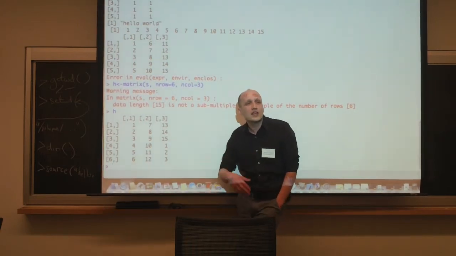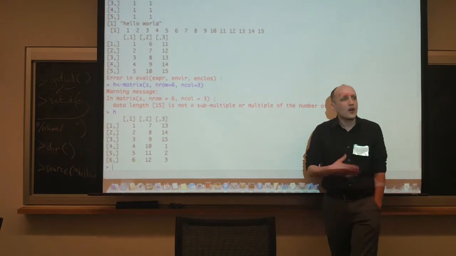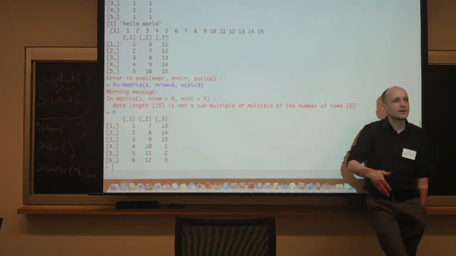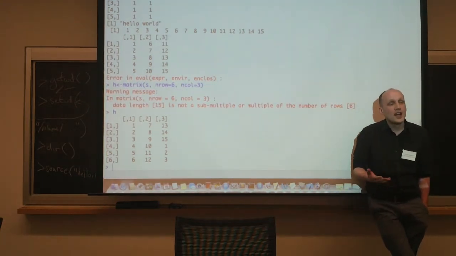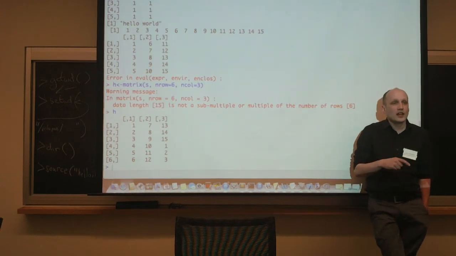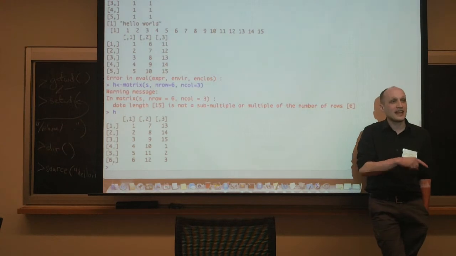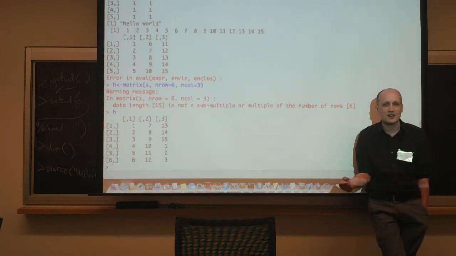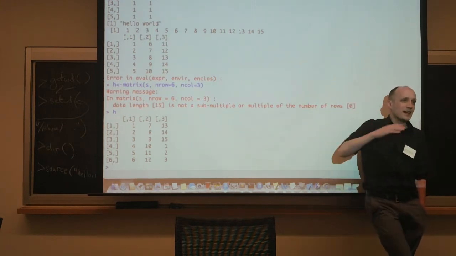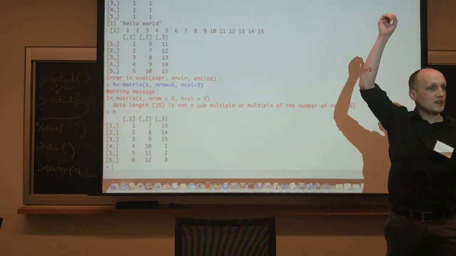Okay, so note that when you make errors, often R will come up with some sort of "this is probably what you meant" and not crash. And that can be really infuriating because it means that your code should have crashed to tell you that you did something wrong. It doesn't crash, and then you look at your answers and go, what's going on here? Well, it might not be the last thing you did. It might be something you did very, very early on.